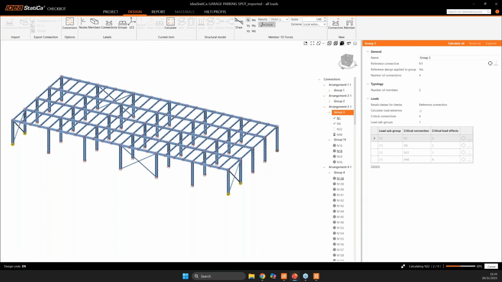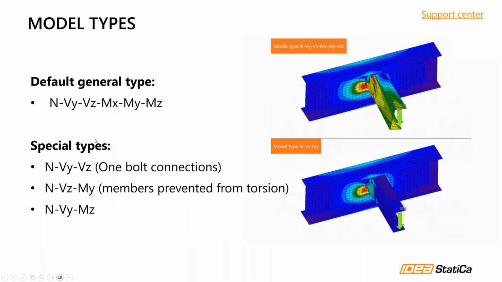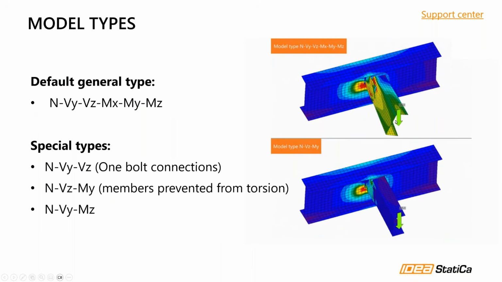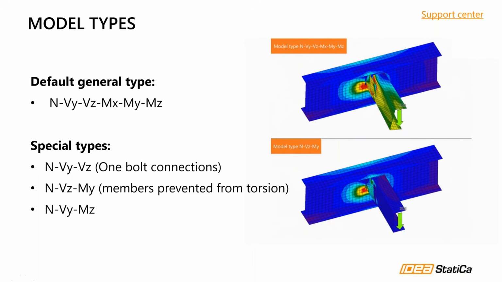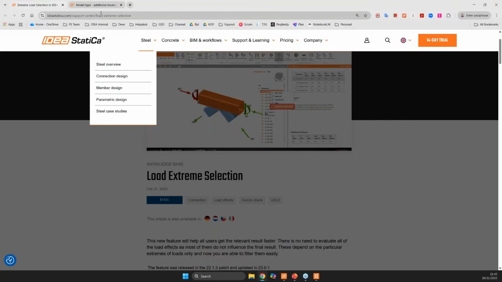Okay, I would like to show you a little bit more about that model type, when it can be used, especially when you have a channel section like that and you just apply a shear force. You might be getting some deformations that you wouldn't expect. You're getting some torsion because the shear force is being applied to the center of gravity. You know where I'm going with this. So you need to restrict it. You need to add some additional